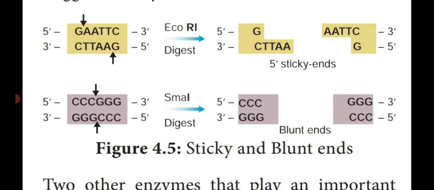Dear students, see the diagram of how the restriction enzyme cuts the DNA. For that they have taken two strands. The first one is the 5' to 3' direction. The second one is the 3' to 5' direction, which contains a different nucleotide sequence. The first one is GAATTC. In the second strand, 3' to 5', it occurs in the reverse manner, but the nucleotide sequences are the same. This arrangement is known as palindromic repeats or sequence.